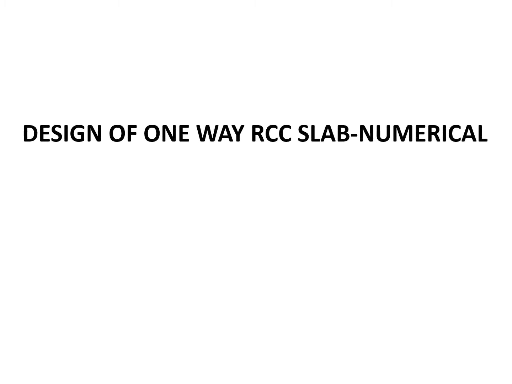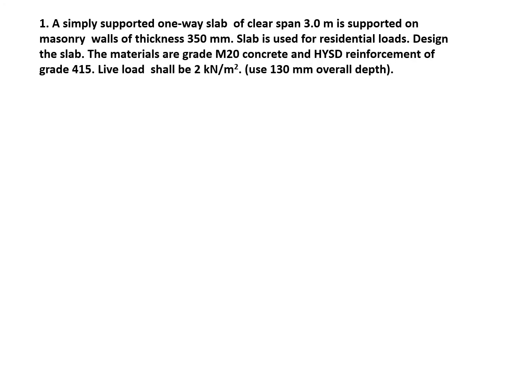In this video, we are going to look at a numerical on design of a slab. A problem in this can be worth 14 marks for you in the final exam. So let's read it. A simply supported one-way slab of clear span 3 meter is supported on masonry walls of 350 thick. Slab is used for residential loads. Design the slab. The materials are M20 and 415 and live load is 2 and use overall depth